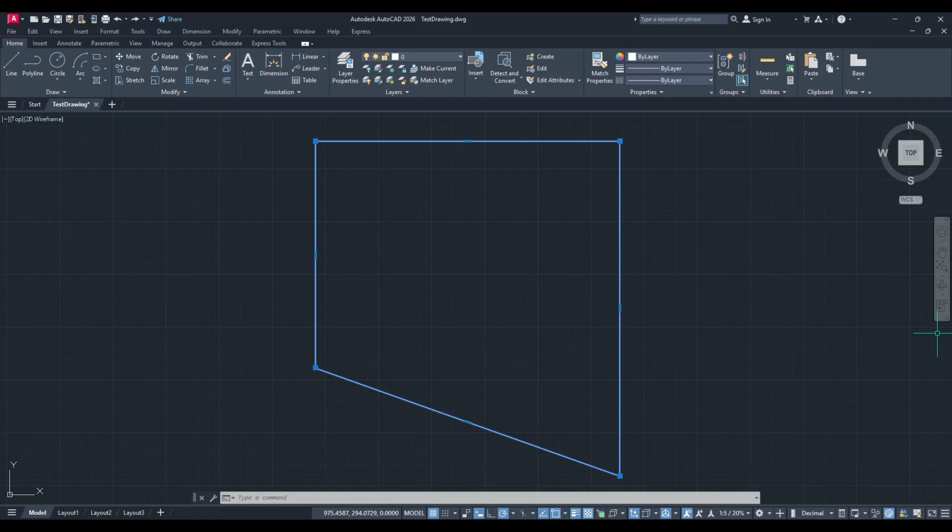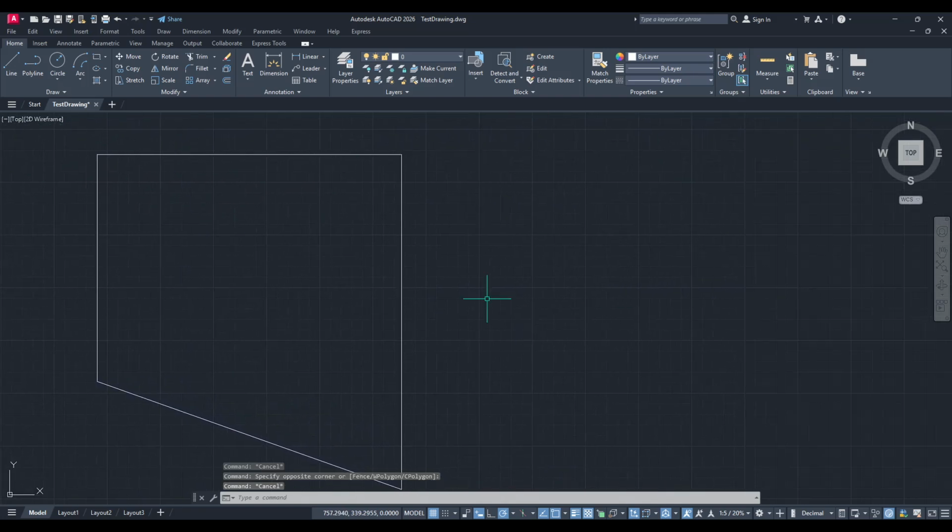That's all there is to it. With just a few simple clicks and a command, you can transform separate lines into a cohesive, unified shape, affording you greater control and flexibility in your